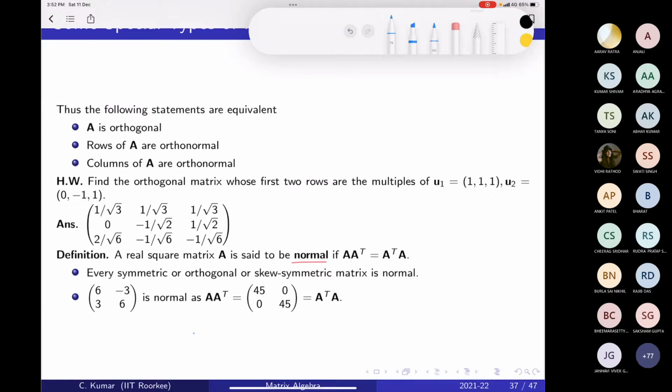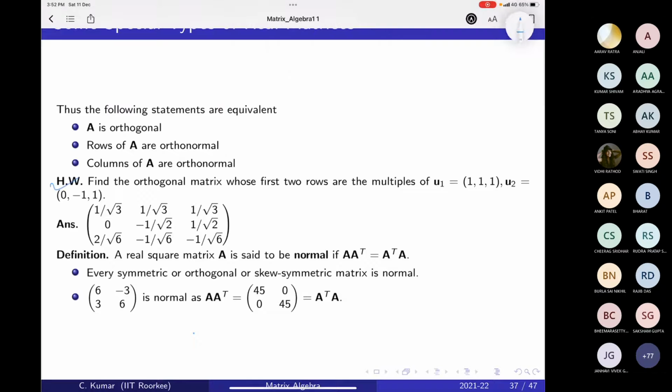Okay. So now you have one homework here. You can try it at home. Now the next definition